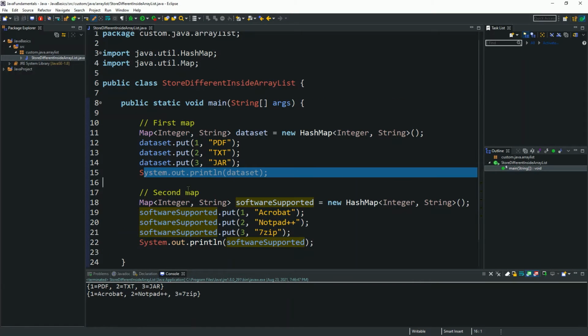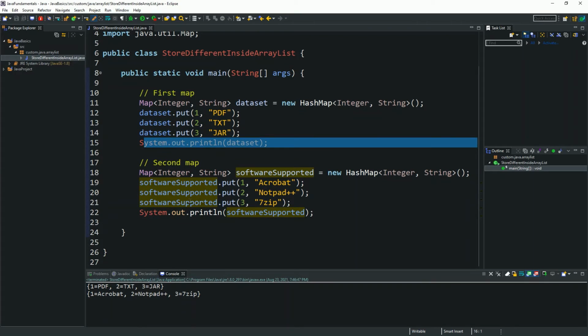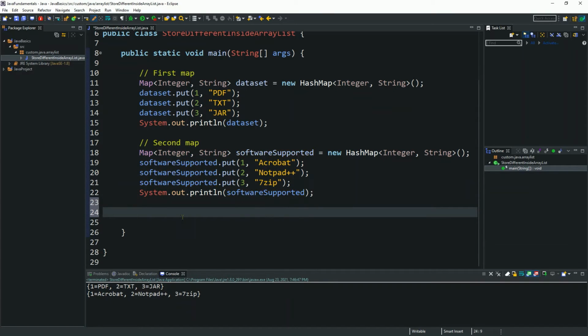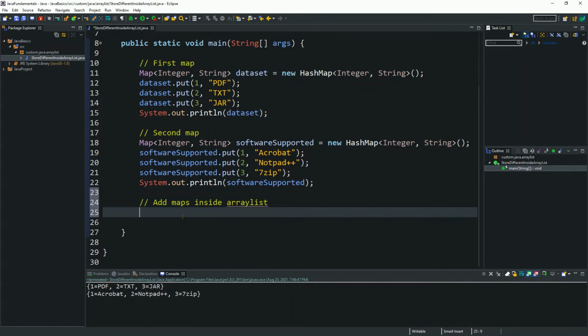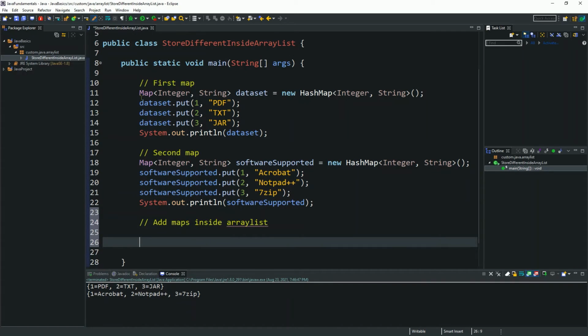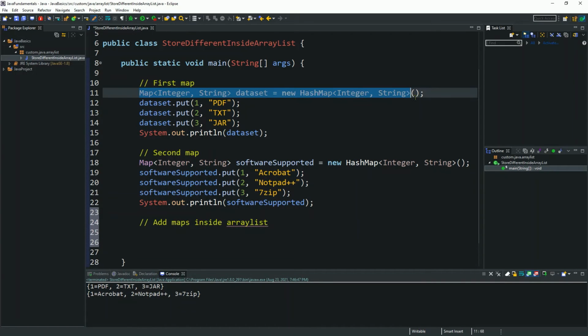Now we have to add these two maps inside one single ArrayList, and we will check how we do that. I will comment it out again: add maps inside ArrayList. In order to do that, we have to create one ArrayList in a similar fashion as we created a map with the syntax.